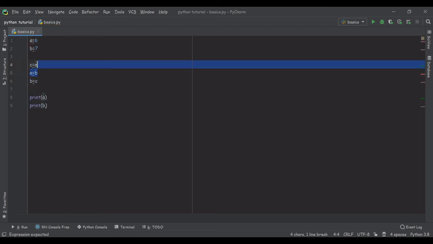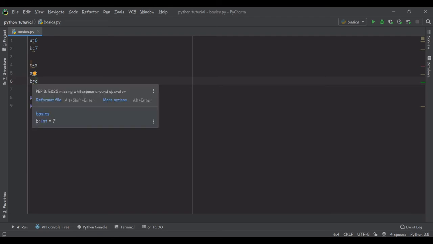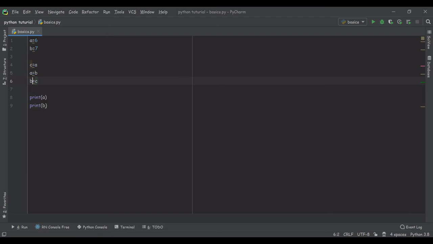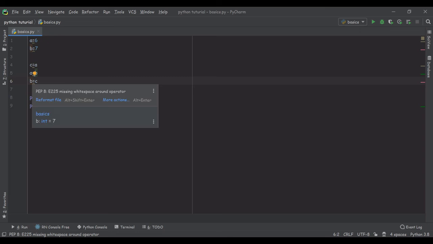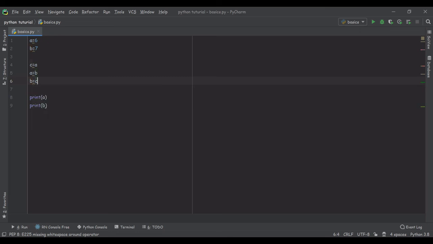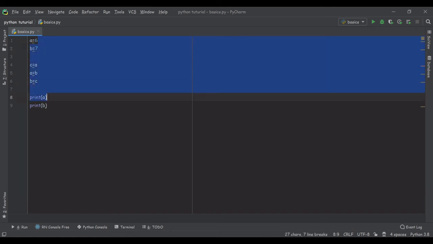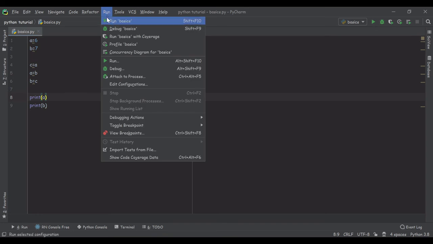Now let me explain it to you line by line. c is storing a, which means c is storing 6, and now here a is storing b, which is 7, a new value. And now in the third line, which means the sixth line, the interpreter is getting variable b which is storing the value of c, and in the starting we have seen c is storing the value of 6, okay. Let's print it again and let's see what output we get.